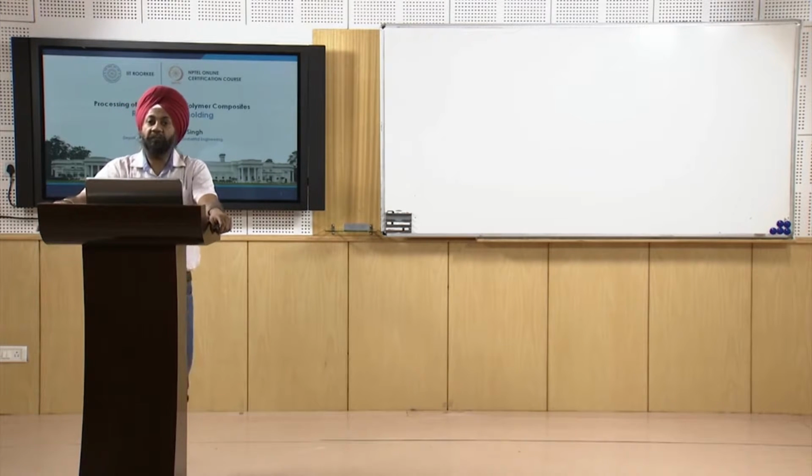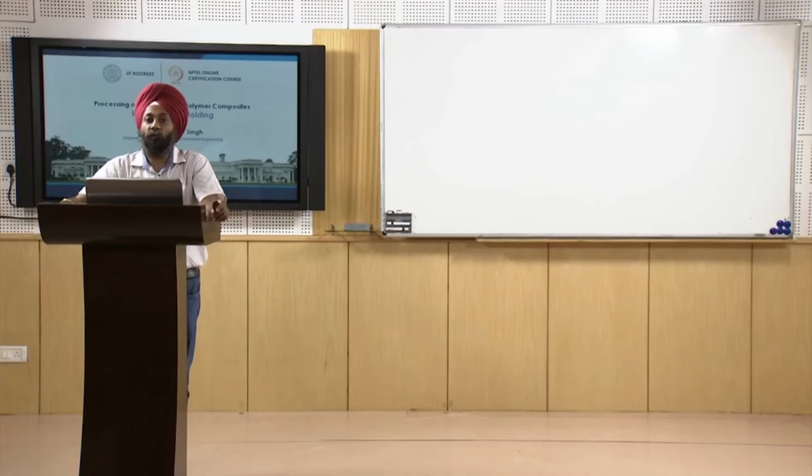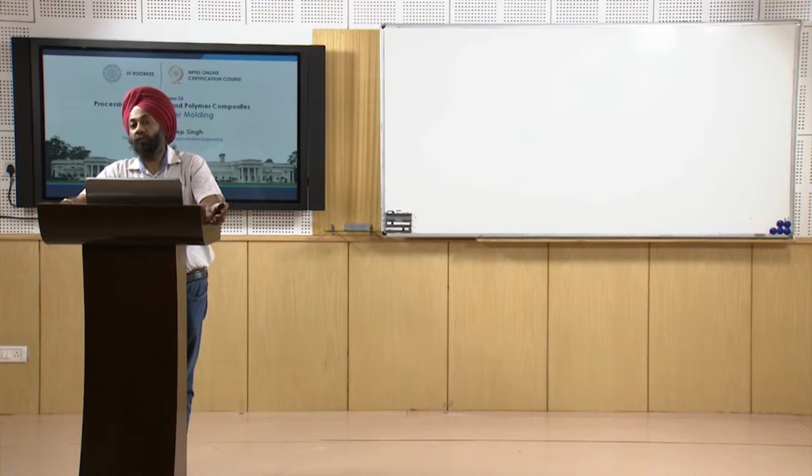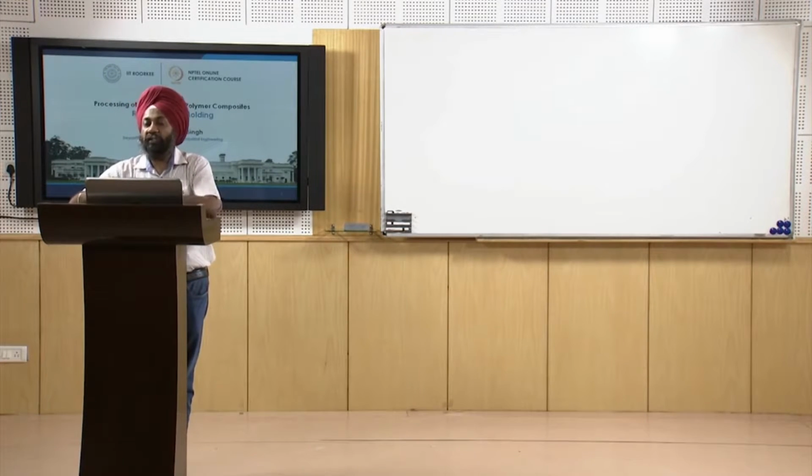And the third point substantiates what I have already said, that for low cost, sometimes cost is also an important criteria, and for low to medium production quantity. So I have already highlighted that volume of production or the quantity of production is very important. So resin transfer molding process will be used for low to medium production quantity. Similarly, if you remember, hand layup process also has a long production cycle and therefore is used for low quantities only, where one-off products or maybe a small number of products have to be fabricated.